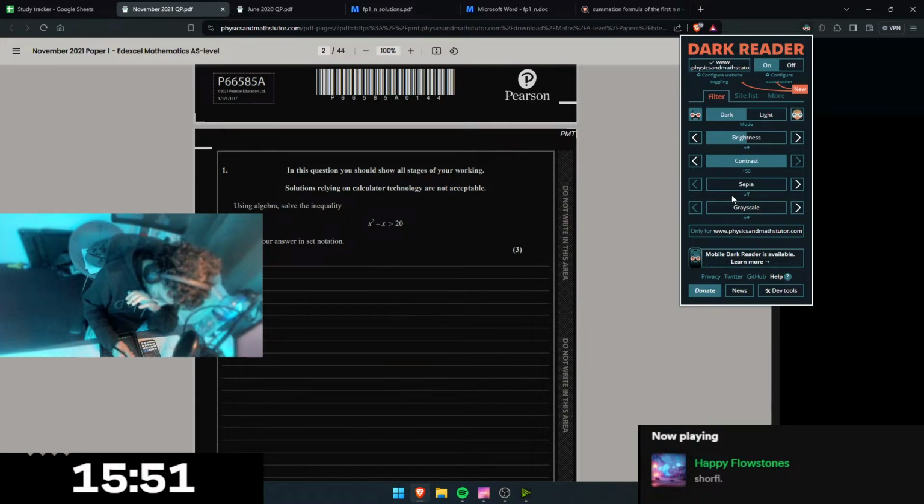x squared minus x minus 20, 0. I feel like we can use the graphing functionality on our calculator. x squared minus x plus 20. That's minus 20. Okay, it's a U-shaped graph, so we know it's going to be the greater than ones. x equals